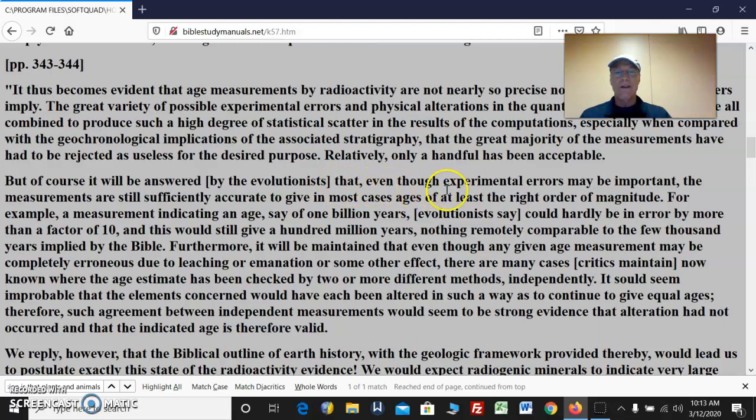But of course, it would be answered by the evolutionists that even though experimental errors may be important, the measurements are still sufficiently accurate to give in most cases an age of at least the right order of magnitude. For example, a measurement indicating an age of, say, 1 billion years, evolutionists say, could hardly be an error by more than a factor of 10. Okay, just throw 10 billion years around like it's eggshells. And this would still give 100 million years, nothing remotely comparable to the few thousand years implied by the Bible. That's ridiculous, they say. Furthermore, it will be maintained that even though any given age measure